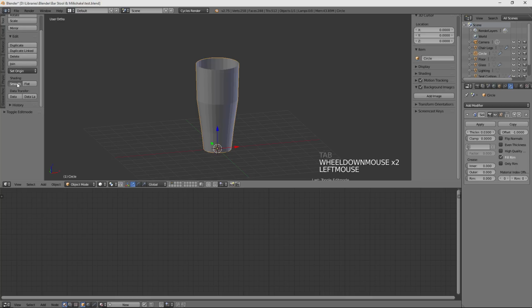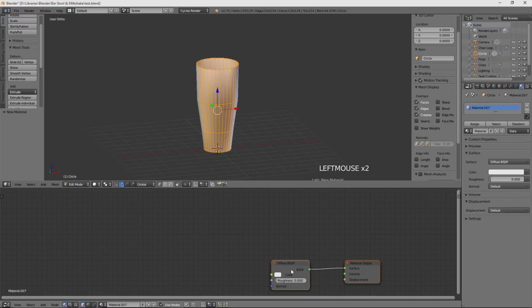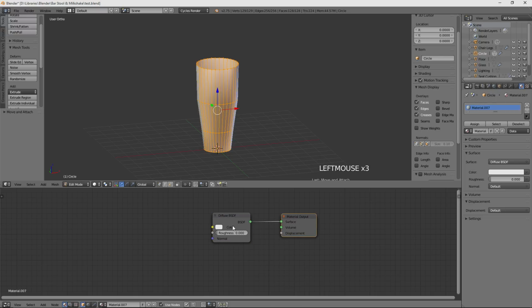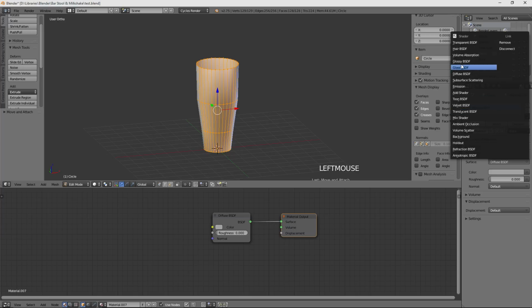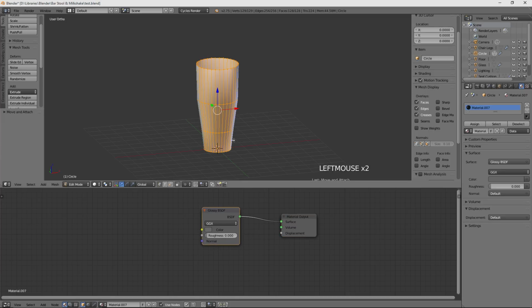Which is set while you're in object mode. And we're going to add a metallic texture to this one. We're not going to do chrome necessarily like the chair legs. We may end up coming back and doing that anisotropic, but for now I think I'm just going to do a glossy gray. And I think that will look a bit like a metal. So just do a good dark gray. These are usually stainless steel, so dark is good. And that's my cup for my milkshake that's going to be pouring into the glass.